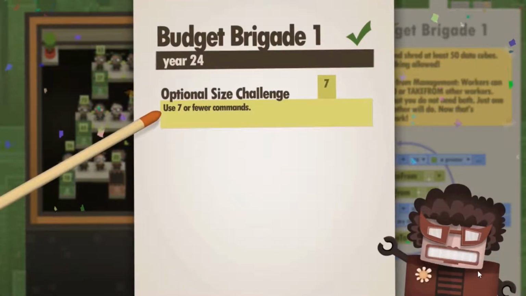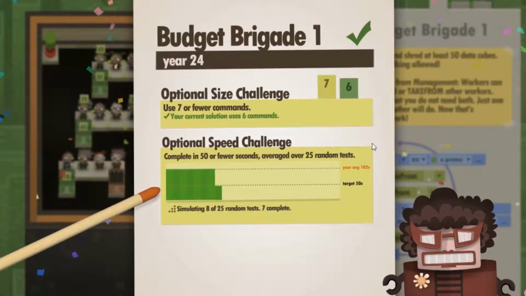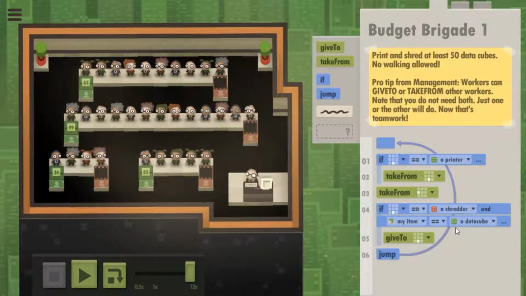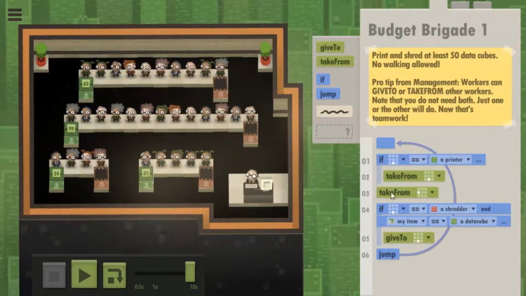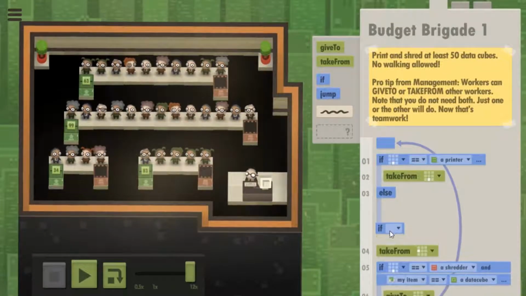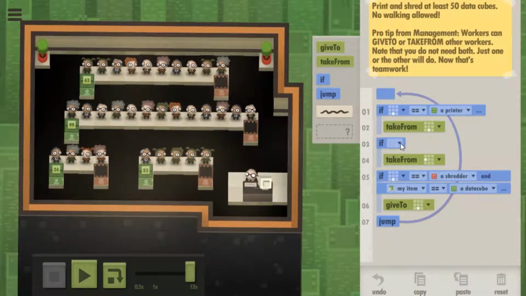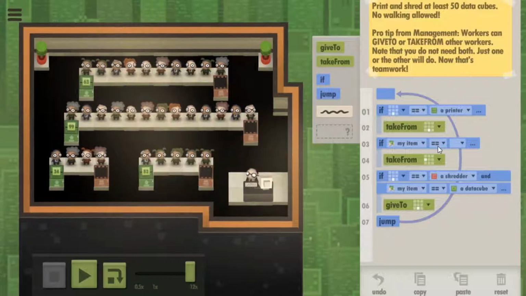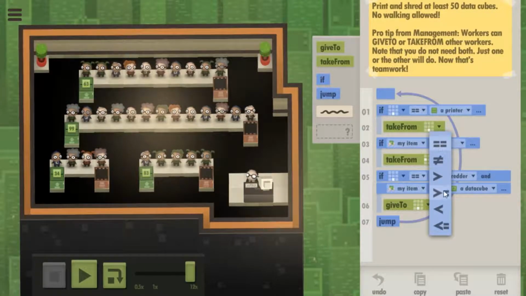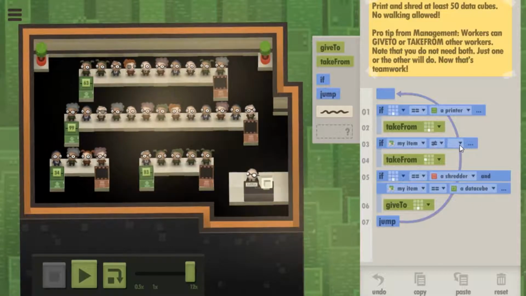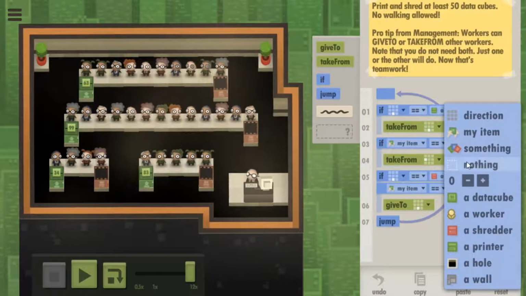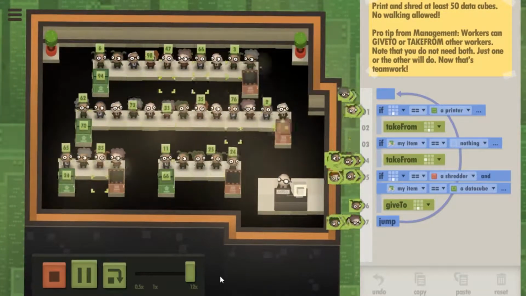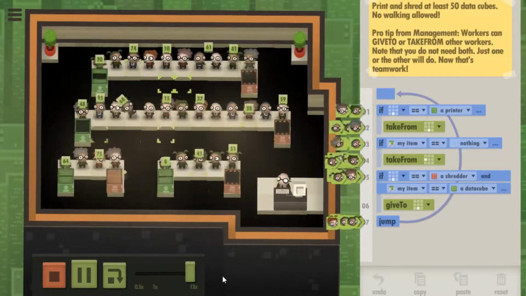I think we're probably not going to have the speed challenge. Yeah. Wow. But we certainly have the size challenge. I suspect this is a case of you can't do both. Yeah. I think you're right. Okay, so now I just need another... Well, actually, you might be able to, because it's 7, not 6. So I think all I need to do this is this. Why would that make it faster? Yeah, because I am still doing a check. Unless checks don't count as... I guess, yeah, maybe checks don't count. I doubt it, though. I don't think that's going to be faster. I mean, it looks faster. It does look faster.